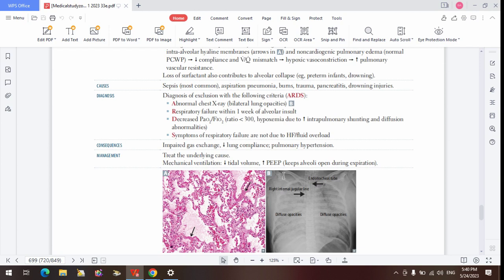During expiration, you know there's a tendency for the lungs to collapse due to the elastic response. You don't want that collapse to happen. So what do you do? You deliver a positive pressure at the end of expiration, so that it can keep those alveoli open. That's what you call the positive end expiratory pressure, PEEP, which is there to prevent closure of the alveoli.